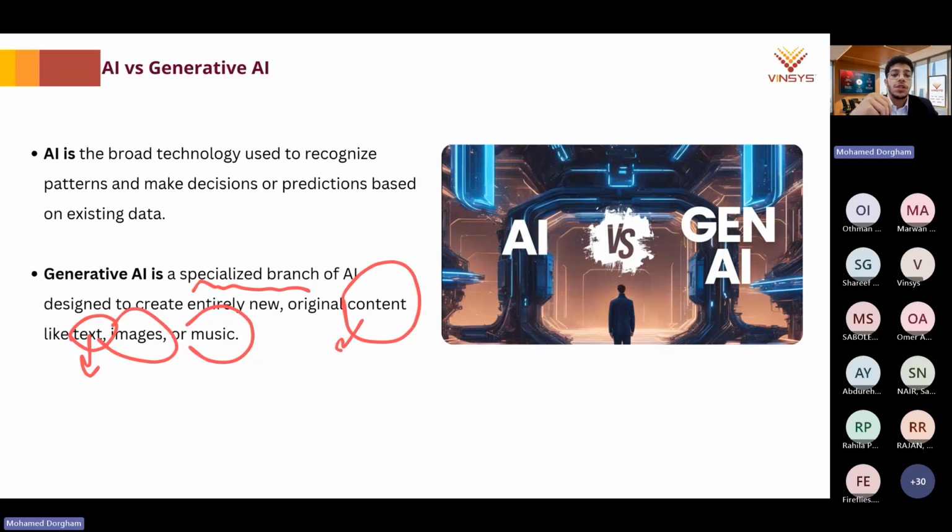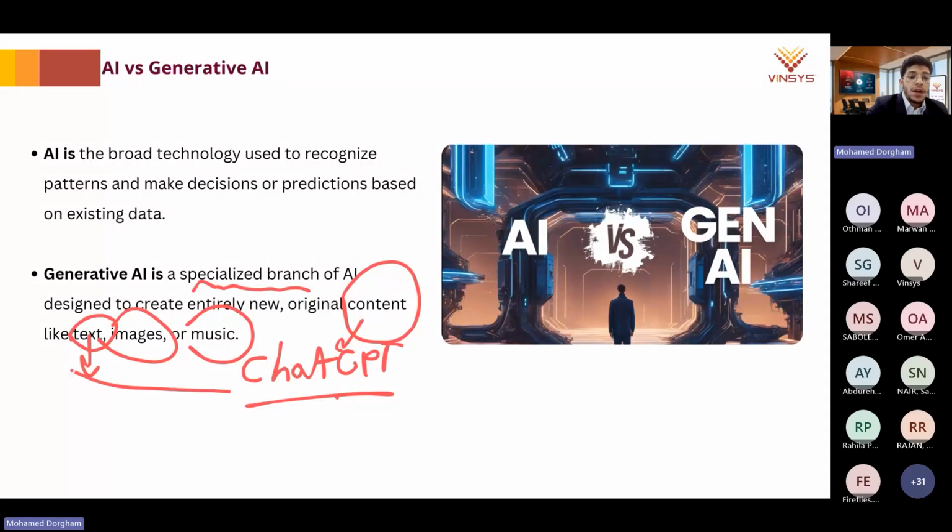You're going to tell me, okay, I understand now, this is very similar to what ChatGPT does, right? Yes, in fact, ChatGPT is an application of AI. And this is actually an answer for those who think AI is ChatGPT.